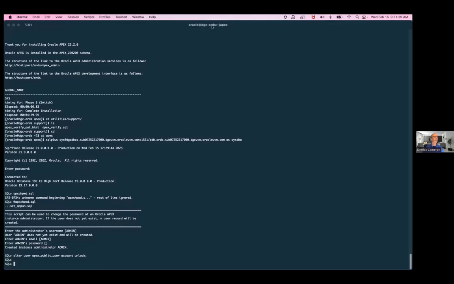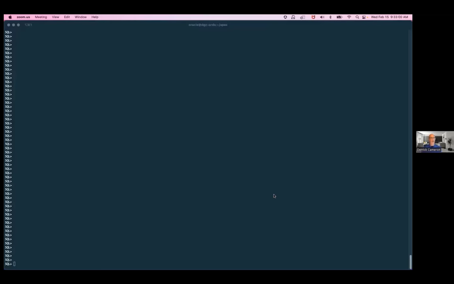And I am going to briefly stop sharing because the next thing is alter user public Apex public user identified by, I'm going to stop sharing, enter that password. So we're back here. We set the password. And the next step is to run the Apex REST config, copy at